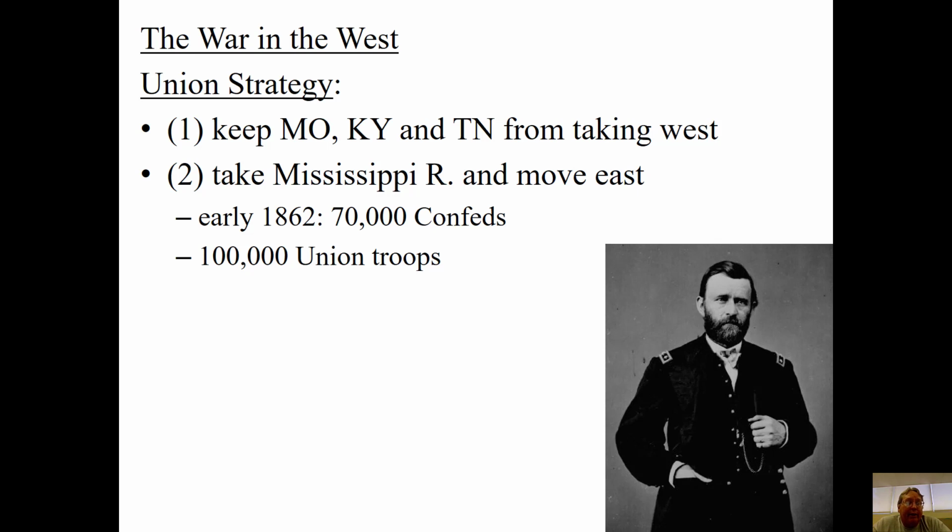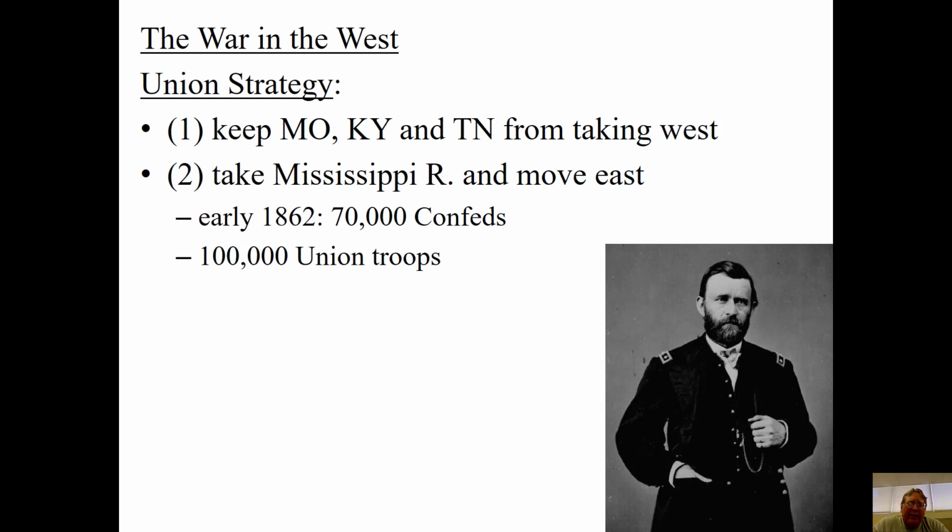And of course, the mission out here in the West is to take the Mississippi River. And slowly but surely, about 100,000 Union troops under the command of various generals, but really the one that's doing the groundwork here, the main commander at the point of conflict, is Ulysses S. Grant and his main sub-commander, William Sherman. They're the ones doing a lot of the fighting. The people in charge of them, like Halleck and others, come and go. But Grant and Sherman are the ones leading most of the fighting out here, along with William Thomas and a few other generals.